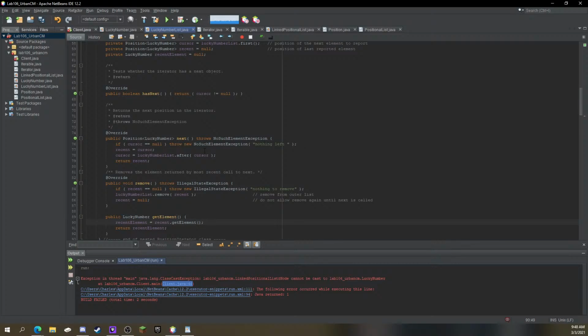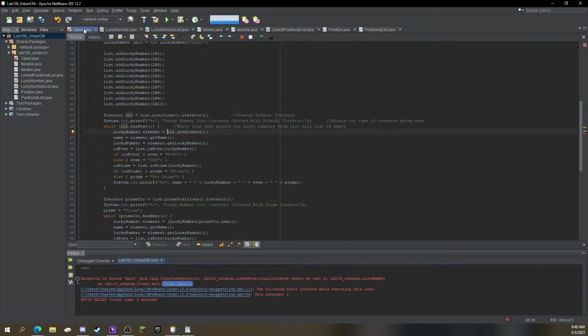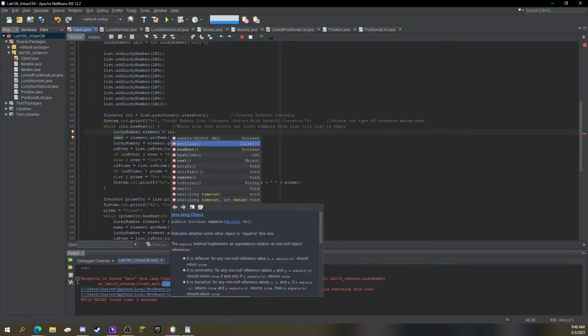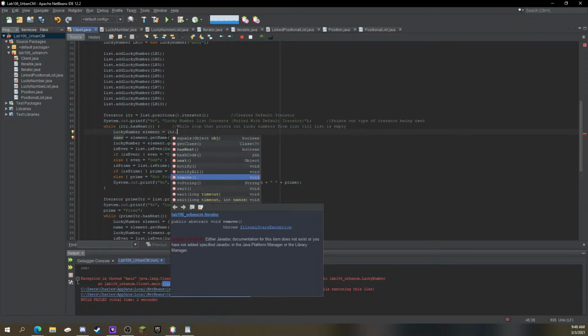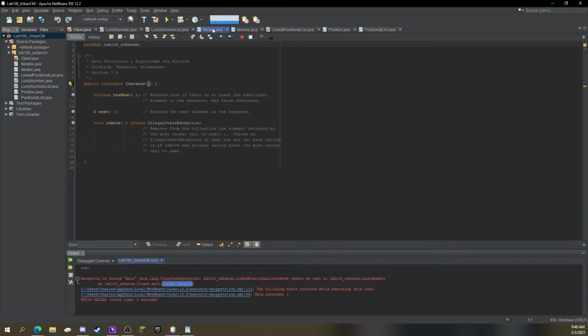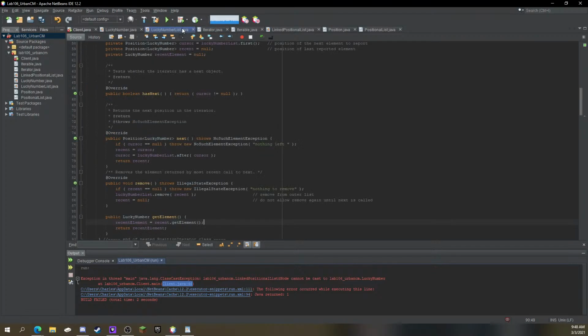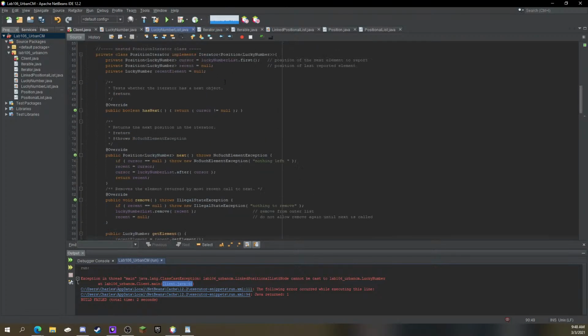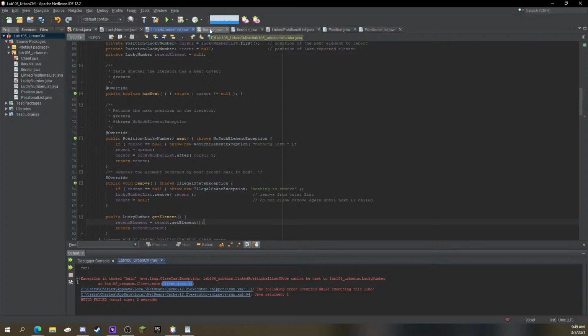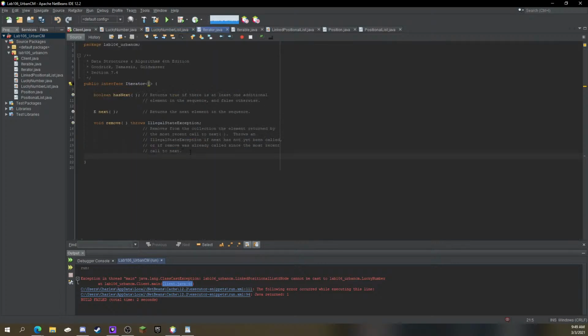What do you mean? Why can't you find that method? It's literally so iterators position iterator lucky number get element. So if I do itr dot, I have has next, remove. Oh, okay. So that is referencing itself all the way to the iterator class. Okay. So would I have to then go